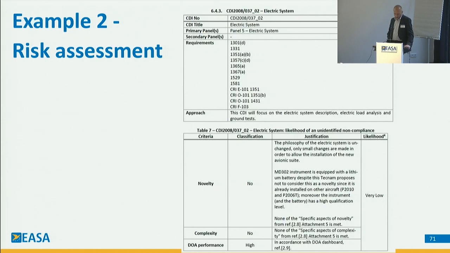So here you have the risk assessment. Again, the name, the number of the CDI, the affected panels, the requirements. What you see in the approach line is actually the description of the CDI. And then in the lower part, you see the assessment. So the first part is the likelihood. And here you see that novel, complex, DOA performance, the classification is not novel, not complex, high. So this brings to a very low